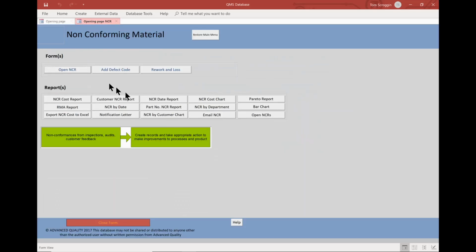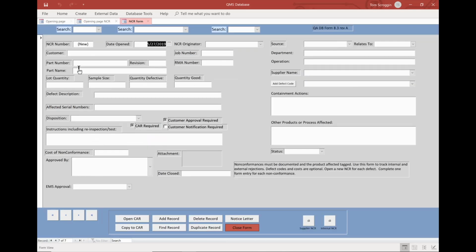Nonconformance. This starts with a nonconformance form. If you choose to have defect codes, you can do that. The nonconformance form is typical. That is, it starts with a nonconformance number that's auto-created, an open date, originator, customer, part number, revision, RMA number